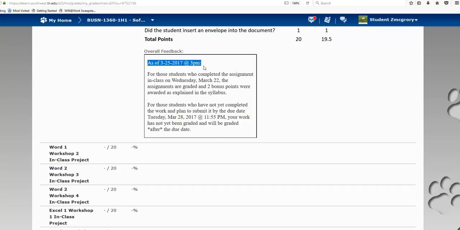Well, it says to the entire class, as of 3/25/2017 at 3 p.m., for those students who completed the assignment in class on Wednesday, March 22nd, the assignments are graded and 2 bonus points were awarded as explained in the syllabus. For those students who have not yet completed the work and plan to submit it by the due date, which is Tuesday, March 28th at 11:55 p.m., your work has not yet been graded and will be graded after